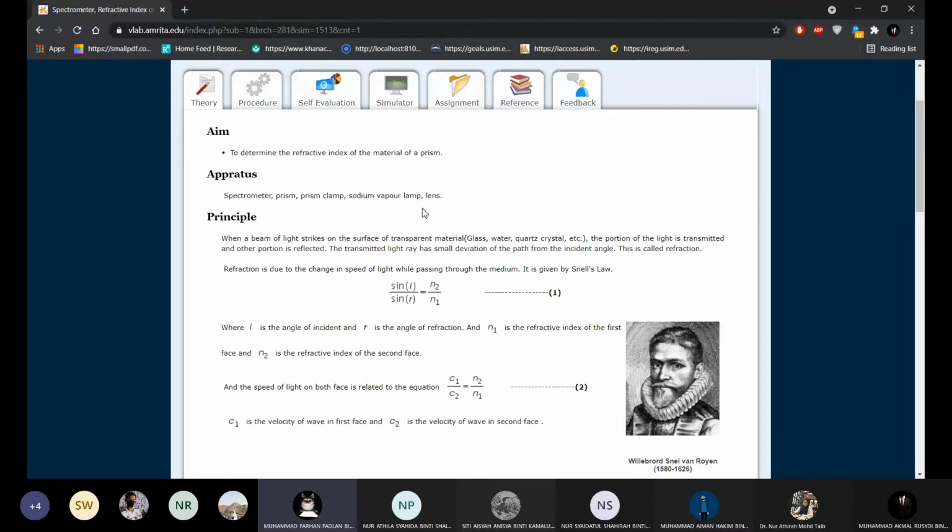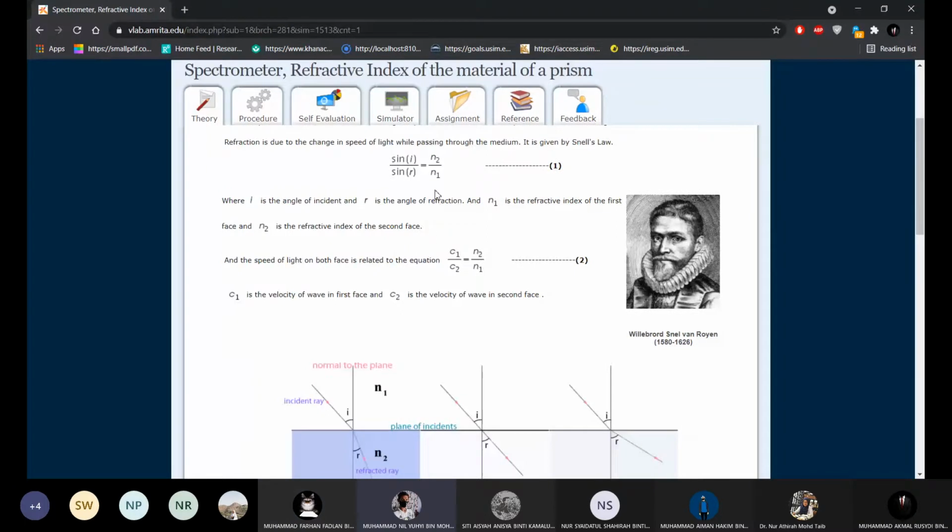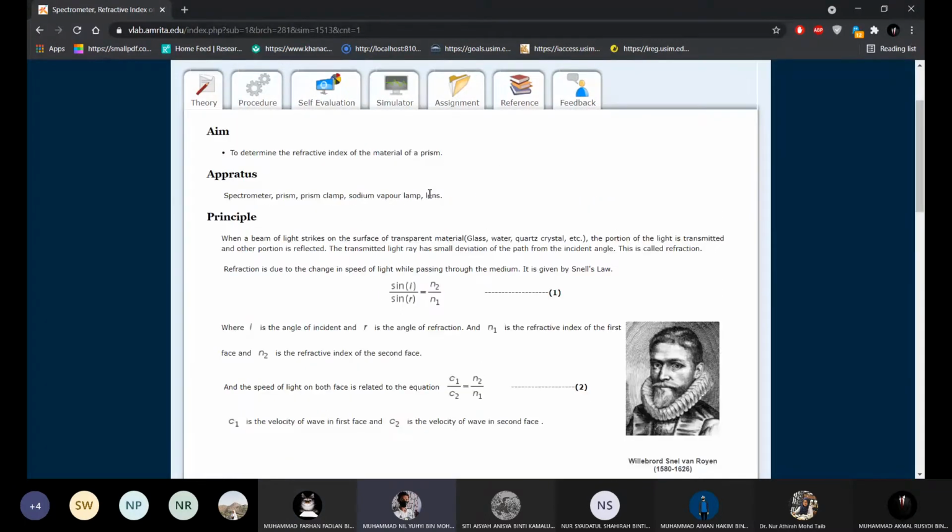So we proceed to the principle. My name is Muhammad Nilihi bin Muhammad Yusof. My matrix number 1190952. So for the principle for this experiment, when a beam of light strikes on the surface